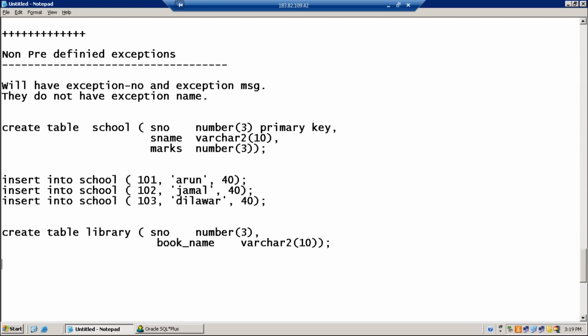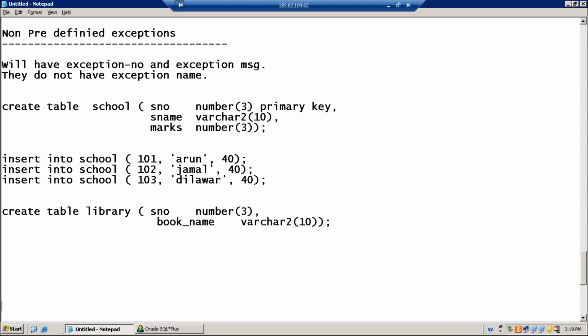Muscat. So you are in Muscat now? Yeah, we are based in Muscat. So Muscat is more developed than Hyderabad, more advanced? Not at all. Hyderabad is more advanced.